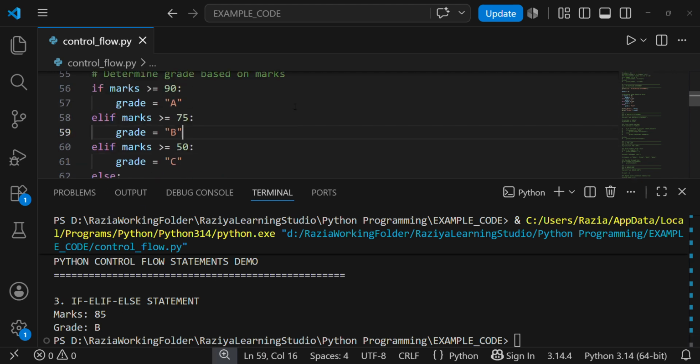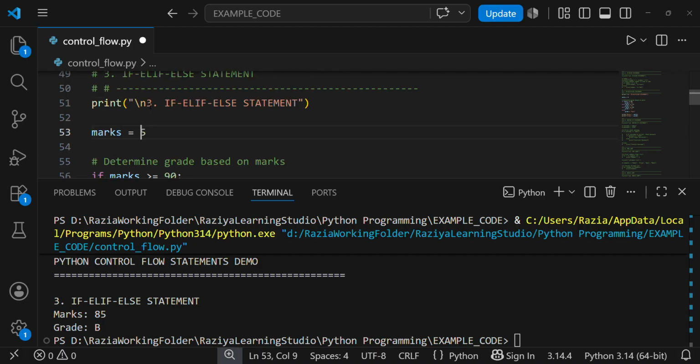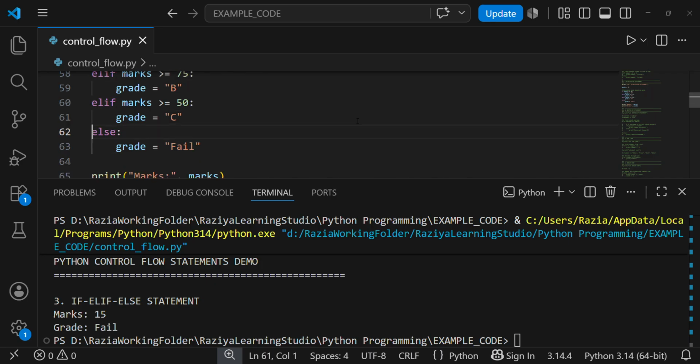Okay, now I'll give marks 10, so that it will go into the final stage. 15, let's say 15 is also less than 50. So here you go, it's a fail. Got it? How if, elif and else if conditions are used? Okay, now